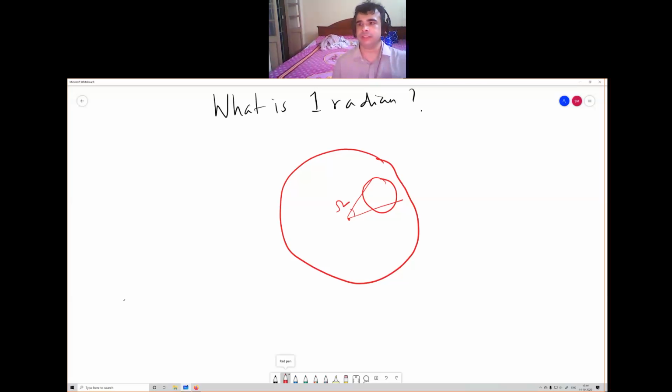If this angle is d omega and this area is dA, then we define d omega equal to dA by r square, where r is the radius of the sphere. So when omega is 1 steradian,